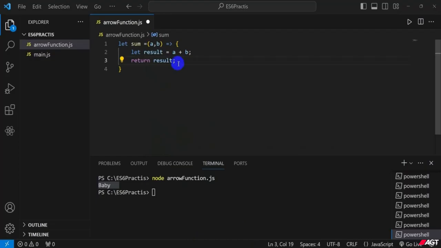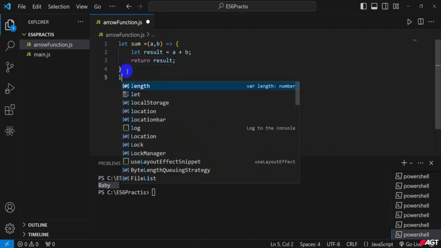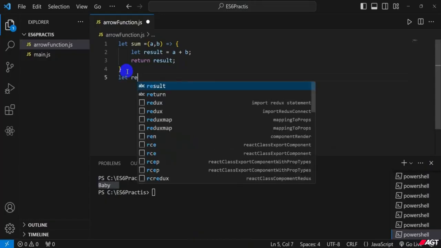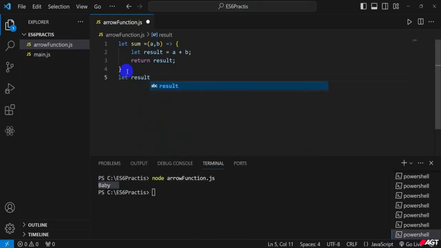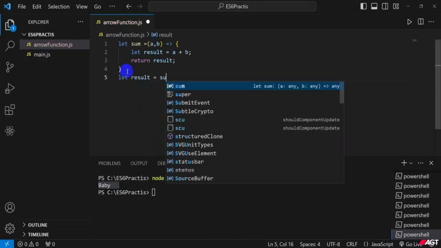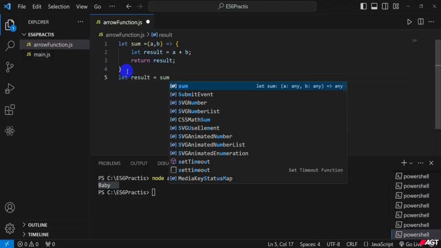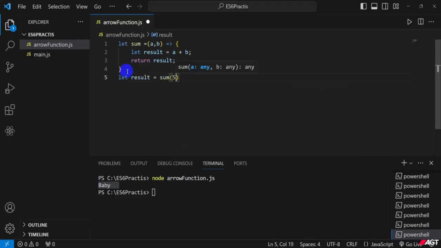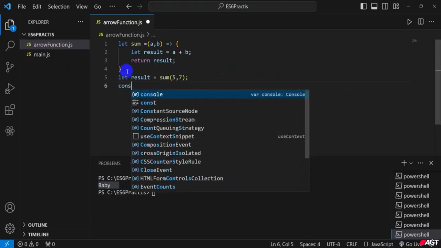Okay. So here I am returning the result. Next I create a let result. I use the let keyword and create the result equal to the sum function, and the values I insert are 5 and 7. And the last one I create is a console